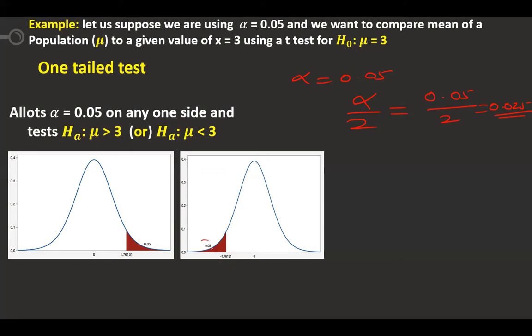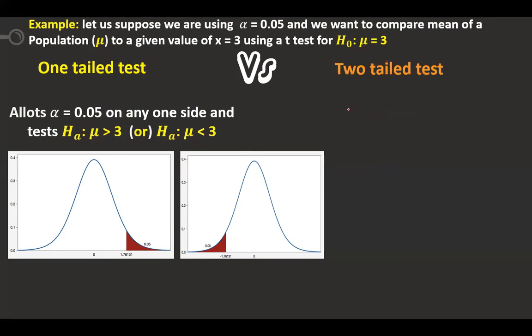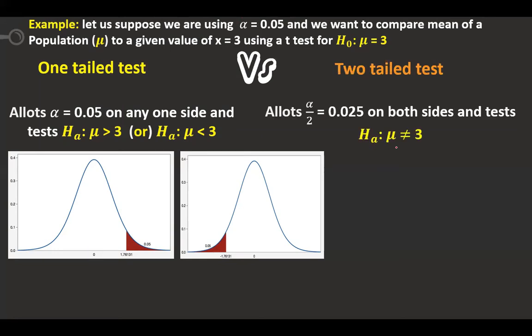Here only one, note the value here, 0.05. Here also it is 0.05. When it is a two-tailed test, this alpha value should be divided by 2 and then taken. So when we move on to the two-tailed test, I want to compare mu not equal to